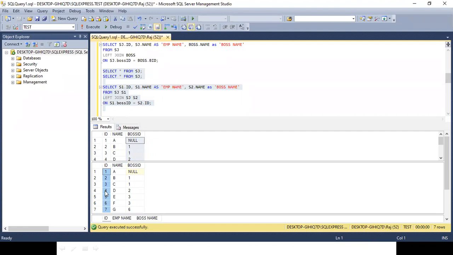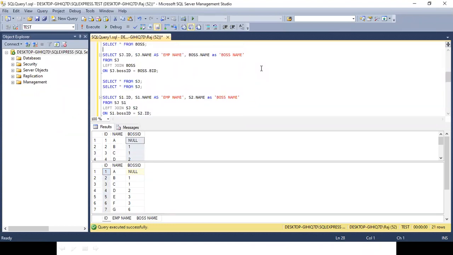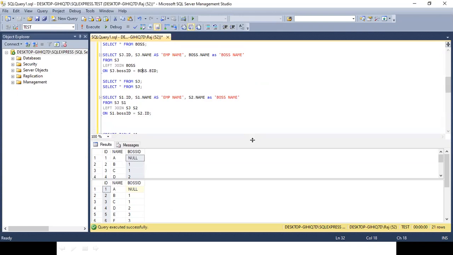Okay. Can you scroll up a bit? Scroll up. Okay. Where? You want to compare the initial query with the boss and the other one? This S1, I have copied the same thing.